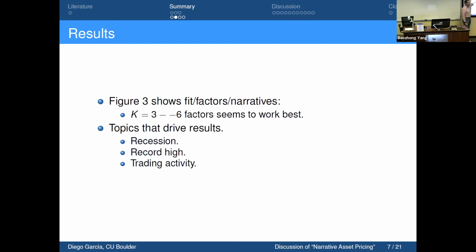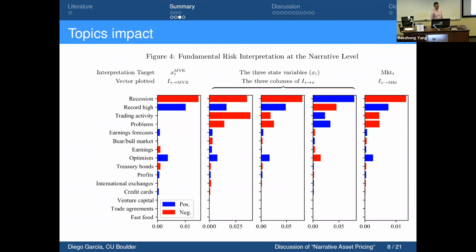So it's essentially, I'm going to call it the R words, recession and records, that are really driving most of the results. And I'm going to play around with that idea in a minute. I thought this was the most interesting piece in terms of decomposing in time to interpret what these factors are. Again, you can rotate these factors in different ways, so it's a little bit harder to understand what it is.